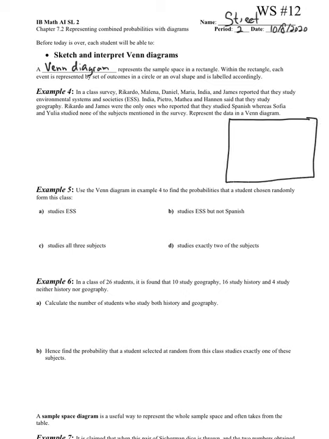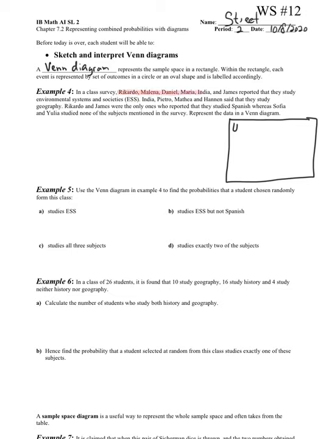And every single rectangle we use for a Venn diagram, we're going to use this letter U. It's kind of a diagonal letter U. And I don't want you to be confused when we're talking about the union symbol, which is also a letter U. That looks a little bit different than this one. All right, but for our Venn diagram in a class survey, we're going to look first at